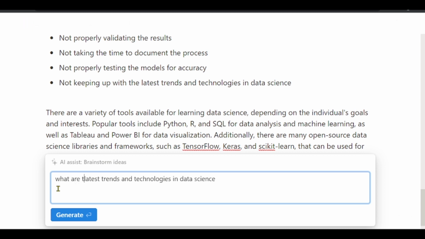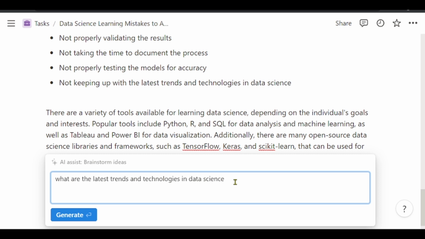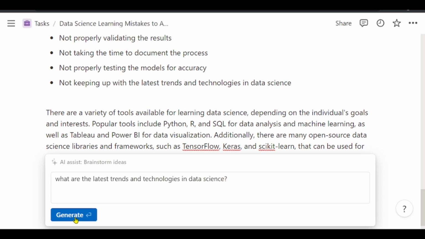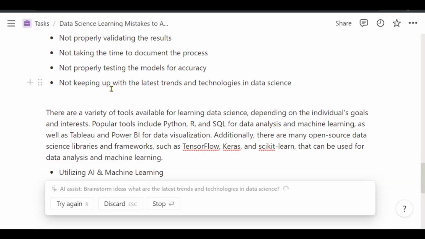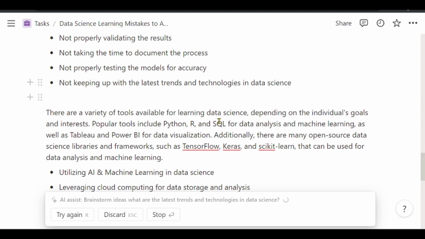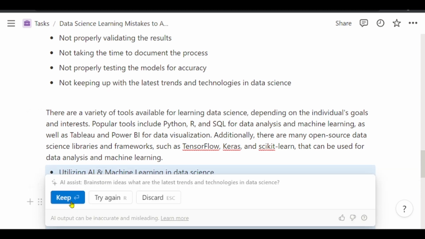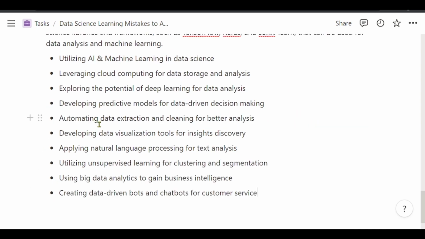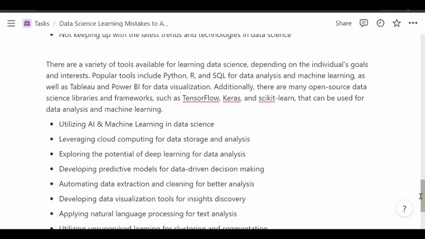What are the latest trends and technologies in data science? Let us see. Okay, this is interesting. Let us keep this. Here, Notion AI has generated that some of the latest trends and technologies in data science are utilizing AI and machine learning in data science, and leveraging cloud computing for data storage and data analysis.